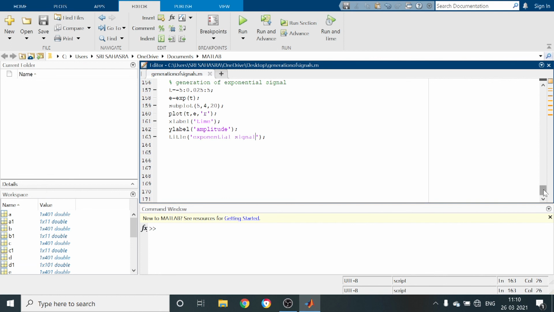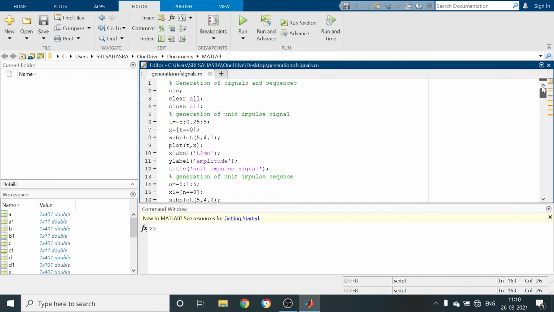So in the second lab we are going to do generation of signals and sequences, that is the standard signals. We have to use the standard commands for every program, initially CLC, clear all, close all. Next we have to generate the signals by using definitions as well as by using the standard commands available in MATLAB. So this is the method to generate the various signals and sequences.